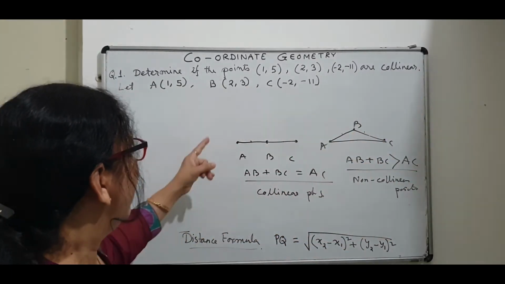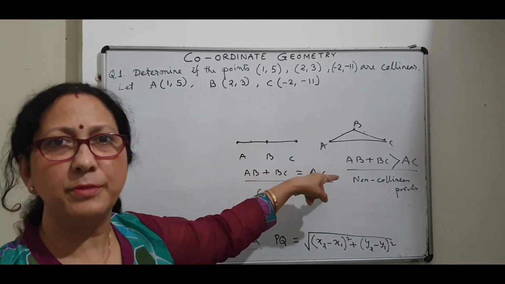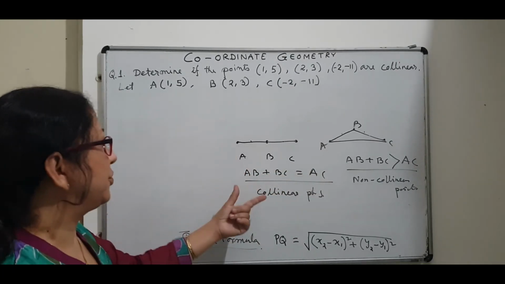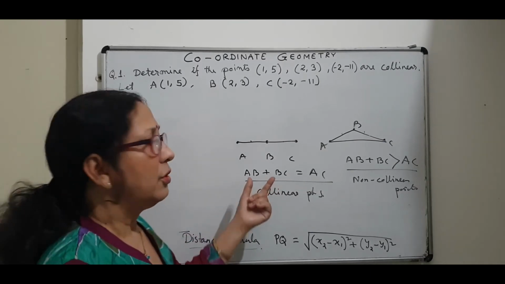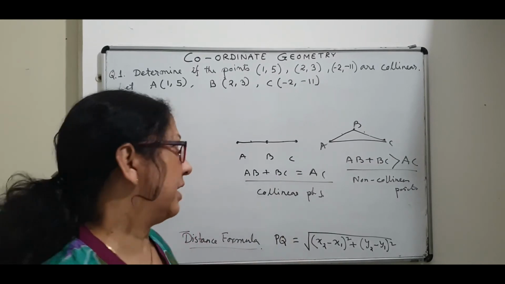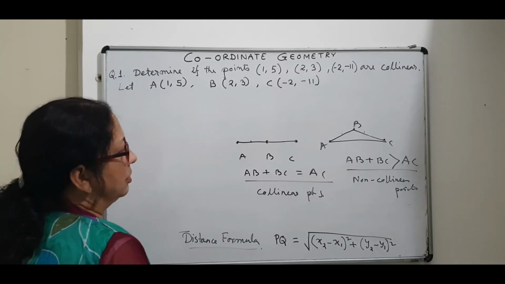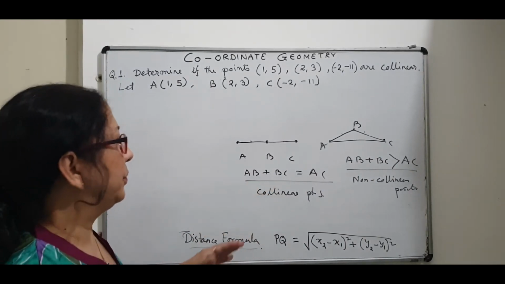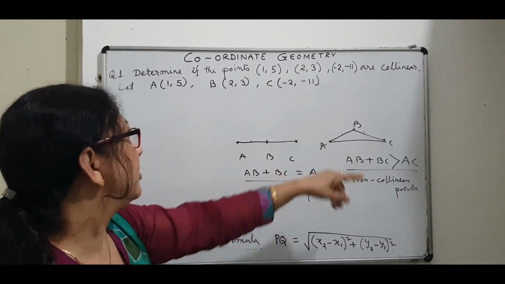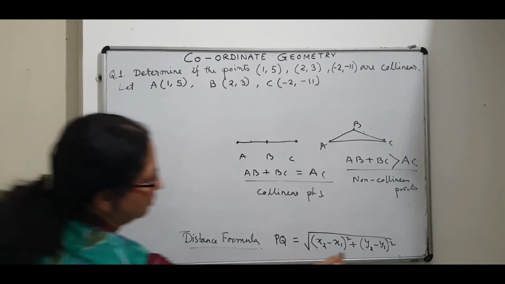So, though I have given the names A, B, C, I don't know, they may not be in this order. They may be in a different order. So, the main thing I should say is that the sum of the two smaller segments should be equal to the longest segment. For explaining I have written this. So what will I do? I'll first have to find out AB, BC and AC, and then I'll check whether the condition is fulfilled or not. And I can find out AB by the distance formula. This distance formula I'll be using.